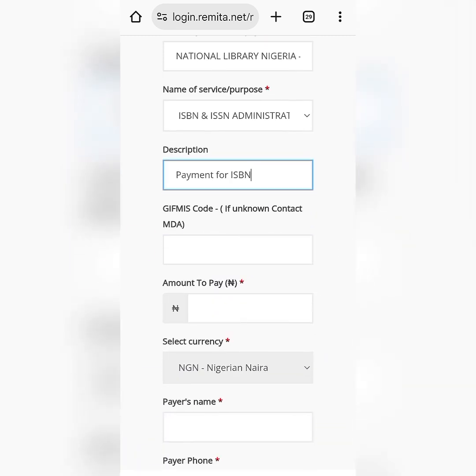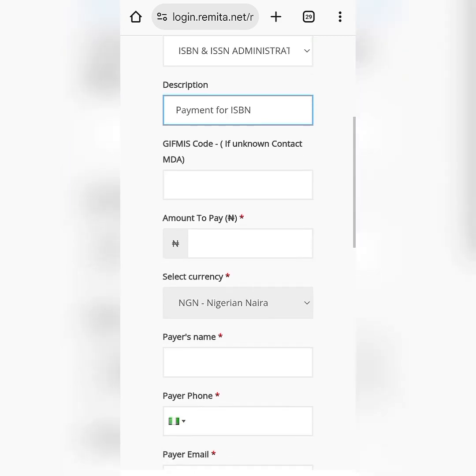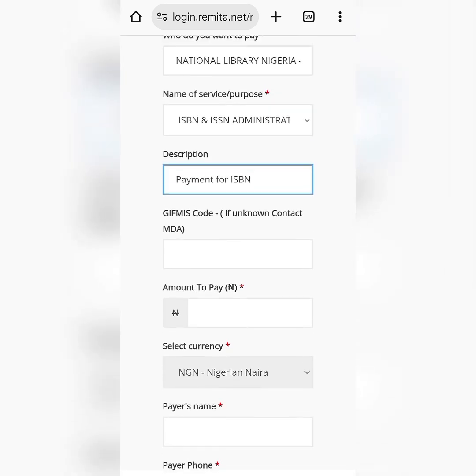Then Give Me code. We have a general code, and then we have a private code for each state. So you have to know your code for each state. You can ask the National Library of your state and confirm this number, but since you are just starting and maybe you don't know, you have to use the general code.